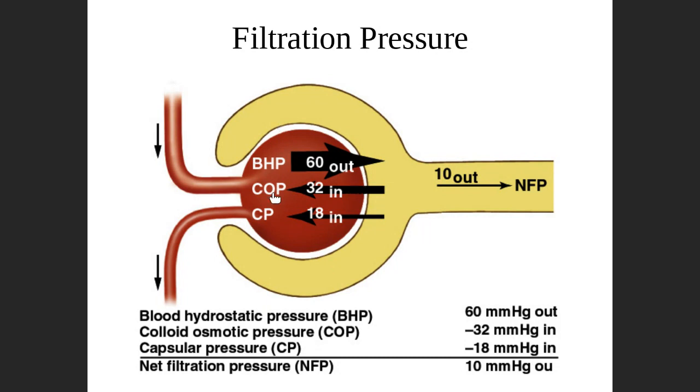Now you see here, you have the hydrostatic pressure from inside the glomerulus pushing out, and the fluid in the capsular space is pushing the fluid into the glomerulus. Now, because of the presence of proteins in the glomerulus, it can draw fluids back in, and the general term is